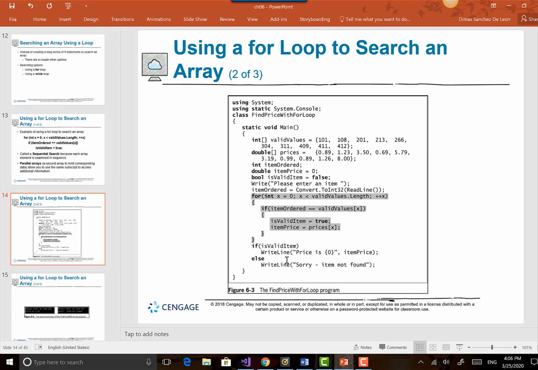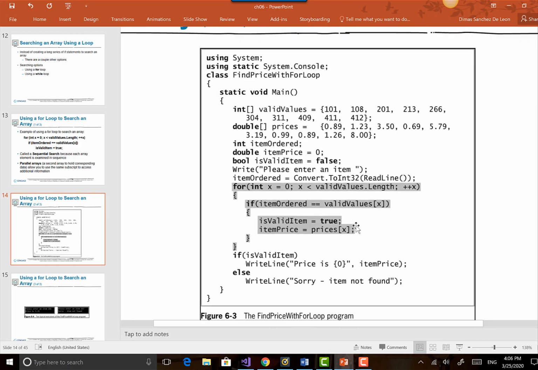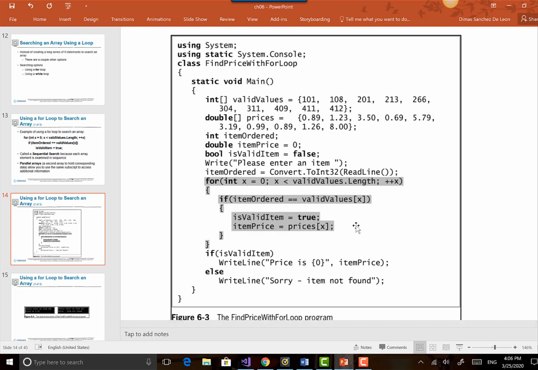and we can create another video. So see here, let me expand this so you can see it better. Here we have two arrays, valid values and prices. If you notice, I cannot select them individually because this is actually a picture, so it's a whole object. Here we have valid values, which is an array of integers that has the following elements: 101,